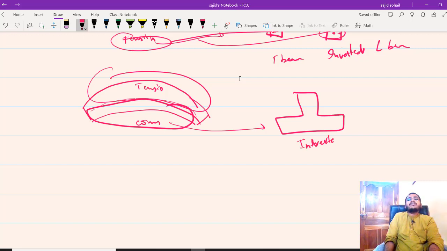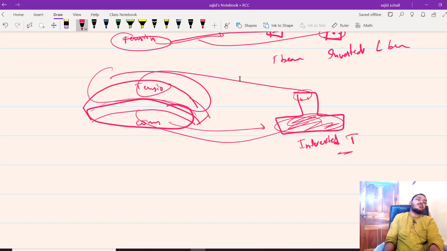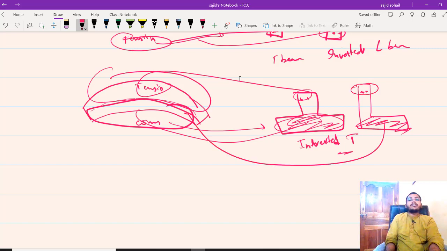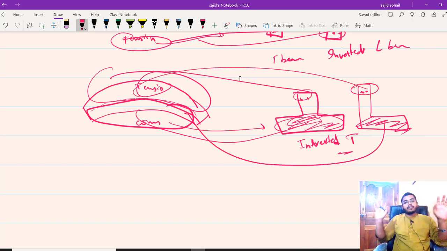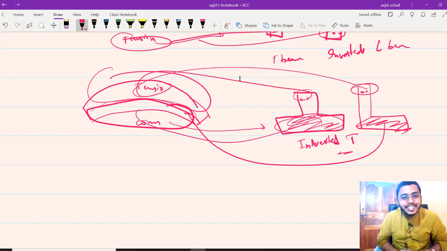How simple the topic is, right? You can obviously use your common sense and decide this. And in the top you will be using steel bars. Steel bars will take tension and the concrete at the bottom will take the compressive forces. Or you can use your L beam. Even in an L beam, use your steel bars here, and here you will have concrete. Concrete will take care of compression and the steel bars at the top will take care of tension. End of story. How simple it is, right?